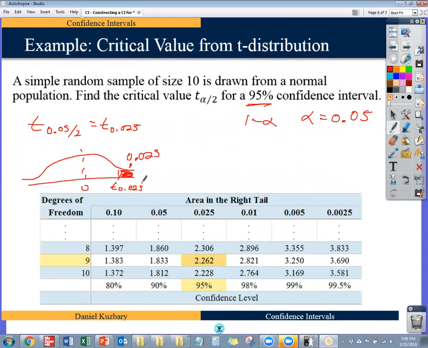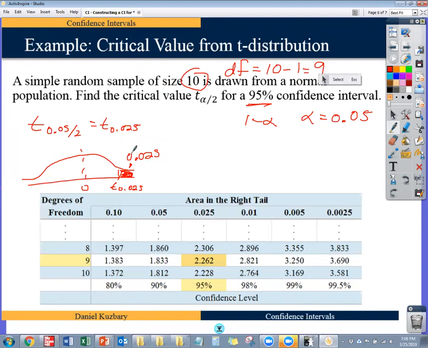So that notation means the same thing as the standard normal. The difference then comes to the graph, because the table gives you the area in the right tail as columns and the degrees of freedom as the row headings. So if I've got a sample of size 10, that means my degrees of freedom is 10 minus 1, which is 9. I'm going to go to the 9 row here because degrees of freedom is the sample size minus 1. And then I've got the area in the right tail as my column headers,